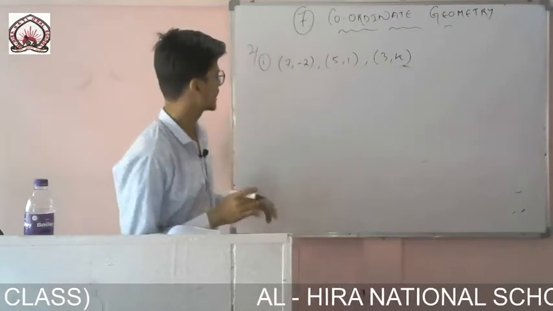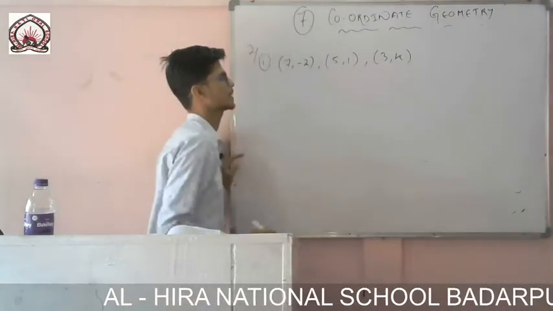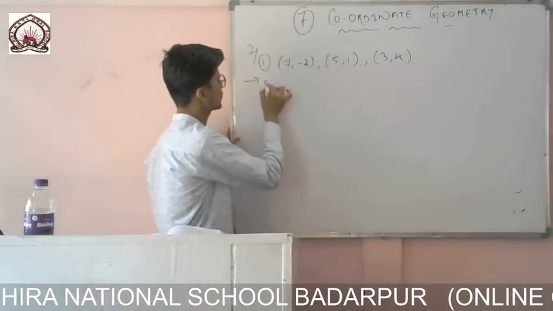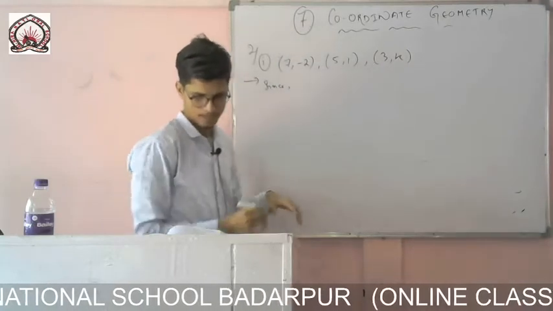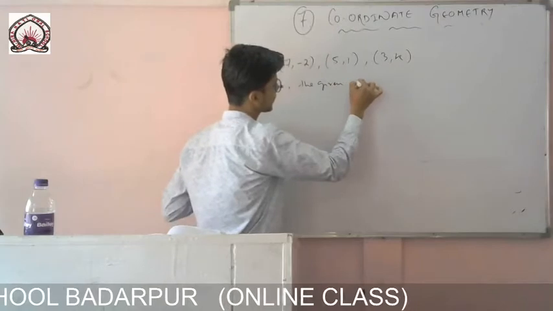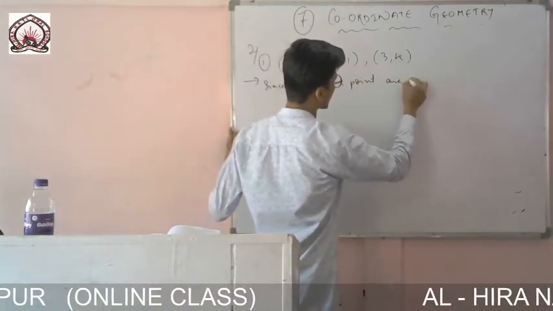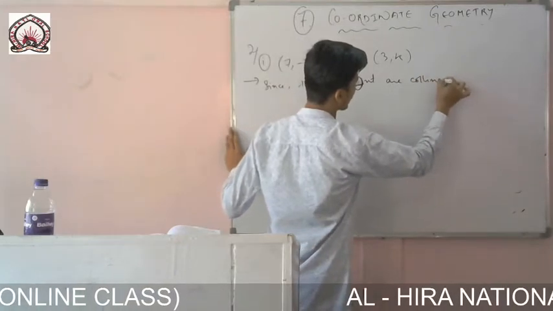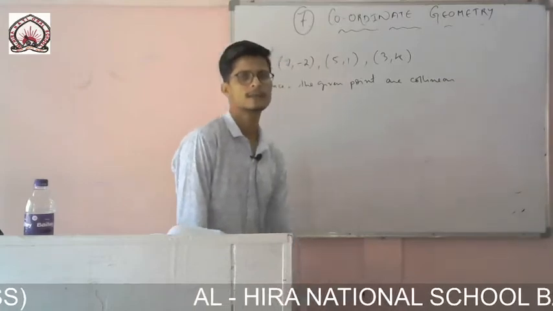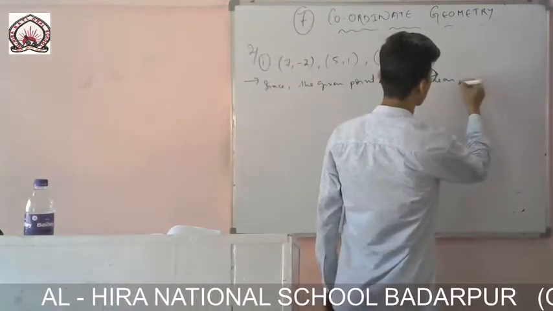collinear. So you write like this: one line, and then directly I will write the area of the triangle formula, and I will equate it to 0 and solve it. Okay, so first of all you write like this, solution: since the given points are collinear, very important question, then the area of the triangle formed by them must be 0.